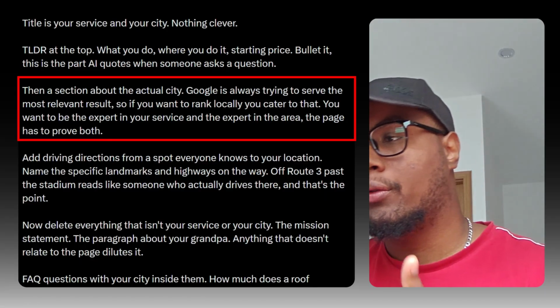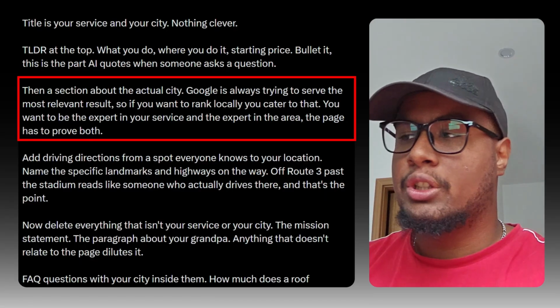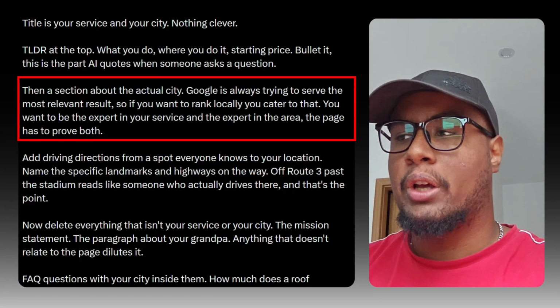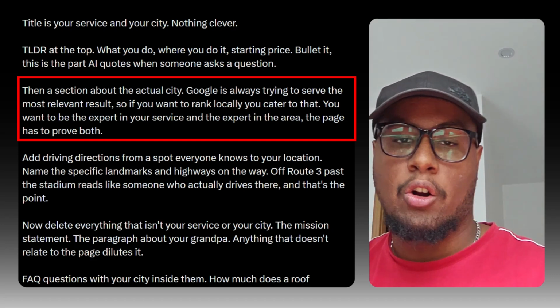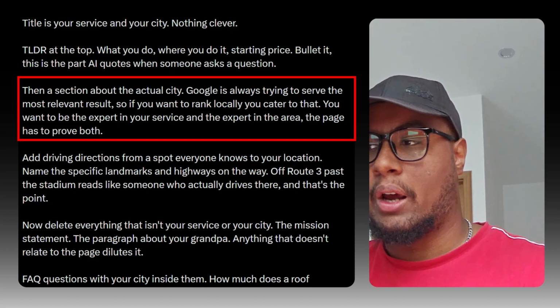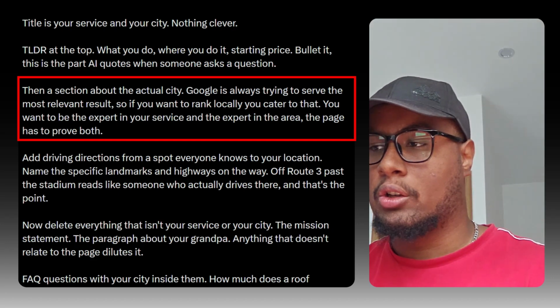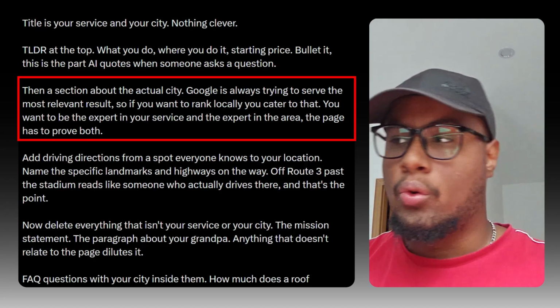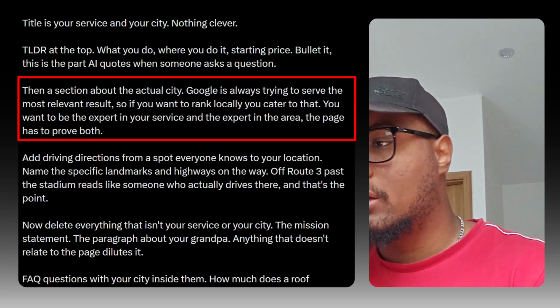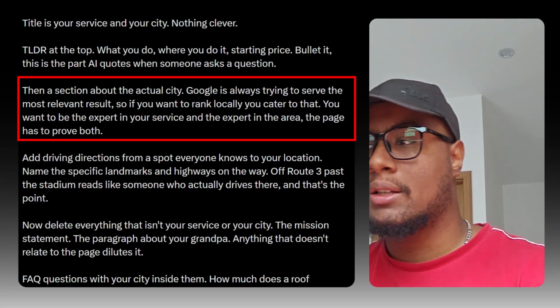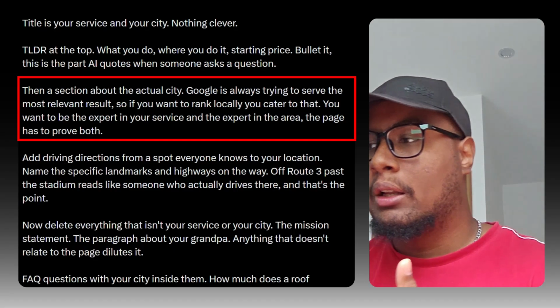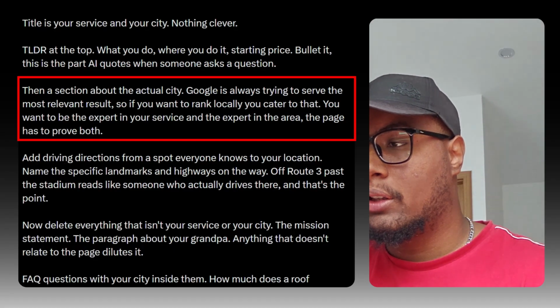Here's how to fix it. What people actually publish is the Wikipedia paragraph: population, founding, "nestled in the heart of a valley". That proves you can copy an encyclopedia, not that you know the area. Google has a name for it, scaled content abuse. Here's what you want to do: write about the work in the city, not the city. The housing stock, the access, what actually changes the job. Example, instead of saying Clifton was founded in 1917, write: